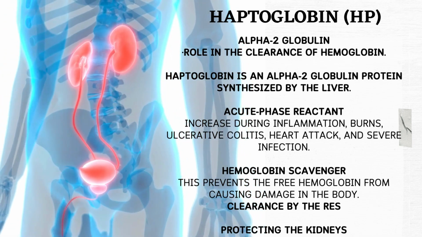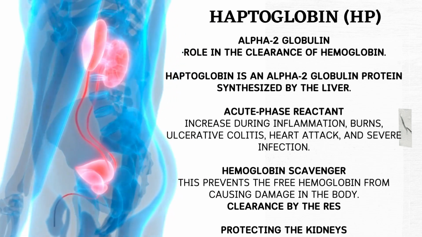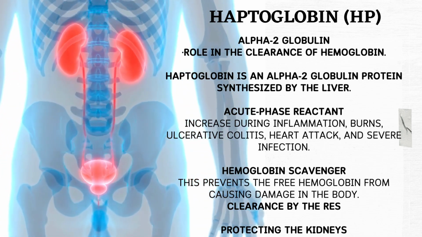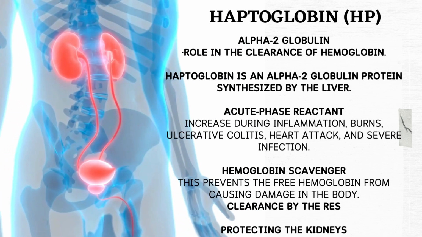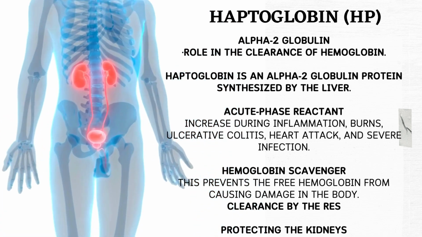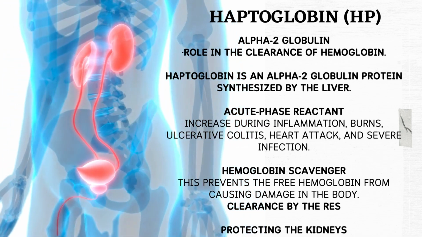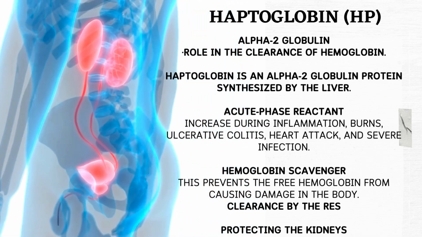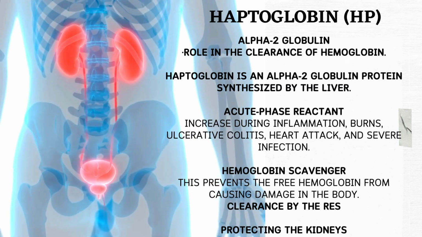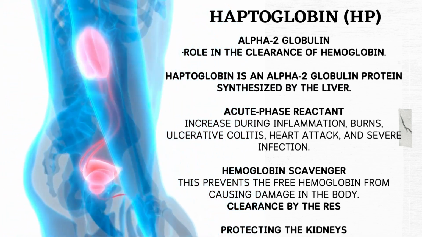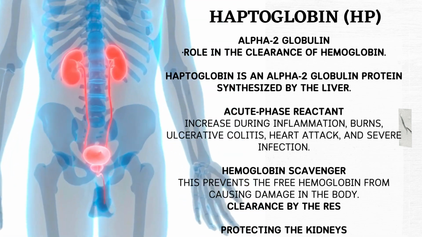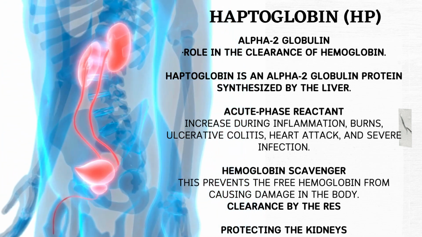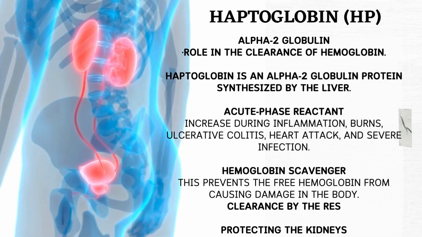infection. Hemoglobin scavenger, when red blood cells break down, lysis, they release hemoglobin into the bloodstream. Haptoglobin acts as a specific scavenger molecule, efficiently binding to this free hemoglobin. This prevents the free hemoglobin from causing damage in the body. Clearance by the RES. The HP hemoglobin complex is then targeted for rapid clearance by the reticuloendothelial system, RES, a